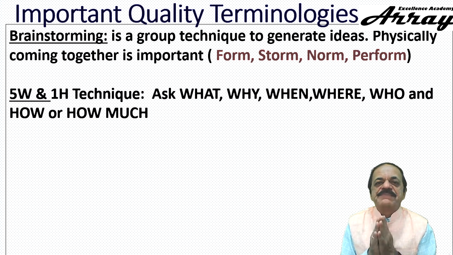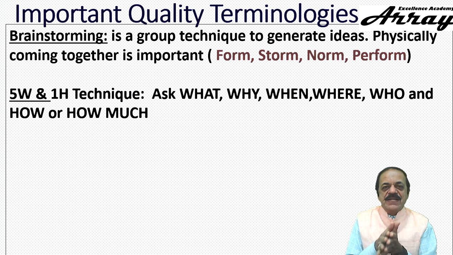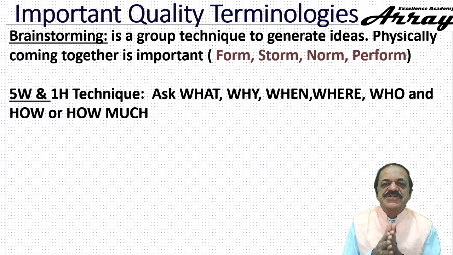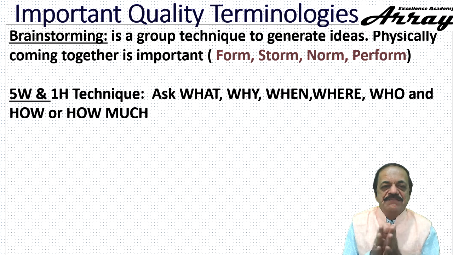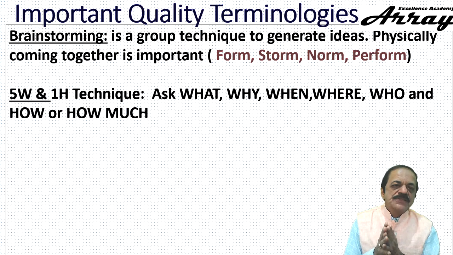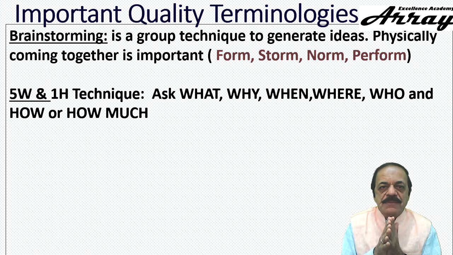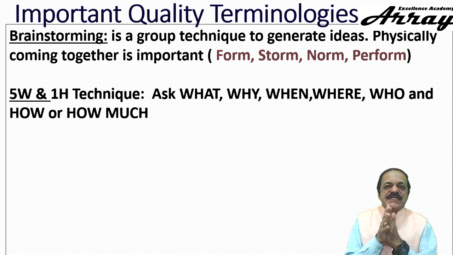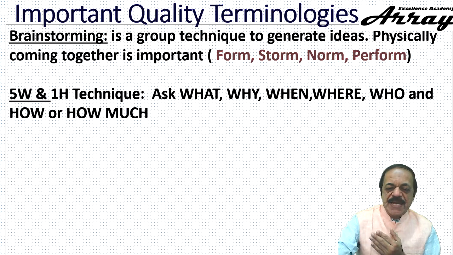There is a proverb: keep simple things simple. Just to tighten the tolerance, I cannot indent or request management for a machine that is worth 2 crores or 3 crores. So this kind of trade-off may also be required. That's why the words "how much" have come. How much means the principle is to keep simple things simple. Give simple solutions. So 5W and 1H gives you an overview of the situation, problem area and problem context. It can also help in arriving at root cause analysis.